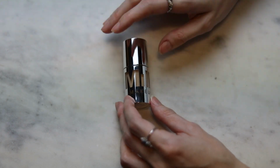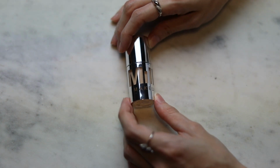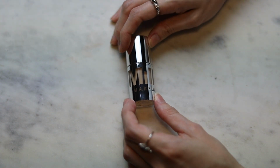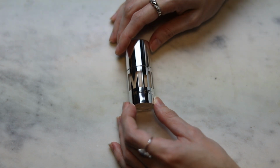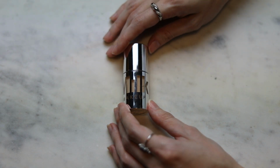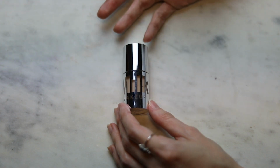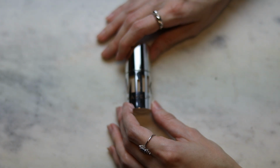So yeah, these are the concealers that I am using instead of buying all the new concealers, because the thing is, concealer does go bad quicker than other makeup items. So please let me know what concealers you have been loving and what you are using up instead of buying the new ones. I do want to buy the Natasha Denona eventually, but I want to finish some concealers before I get there because I actually have more concealer than just these three that I should use up